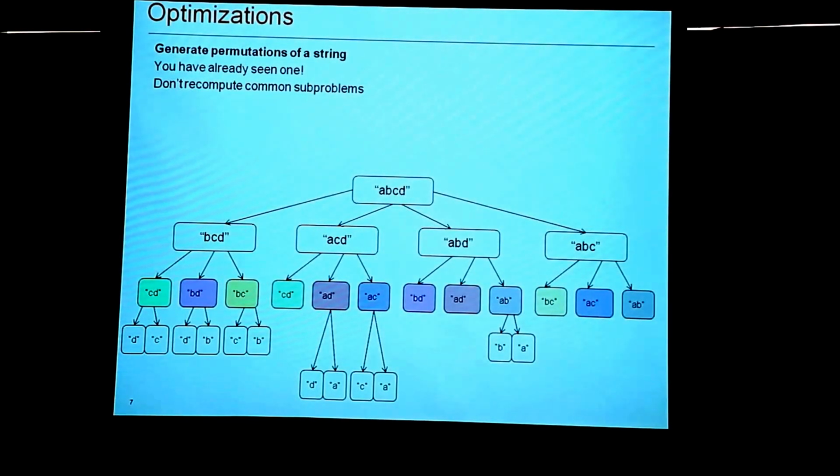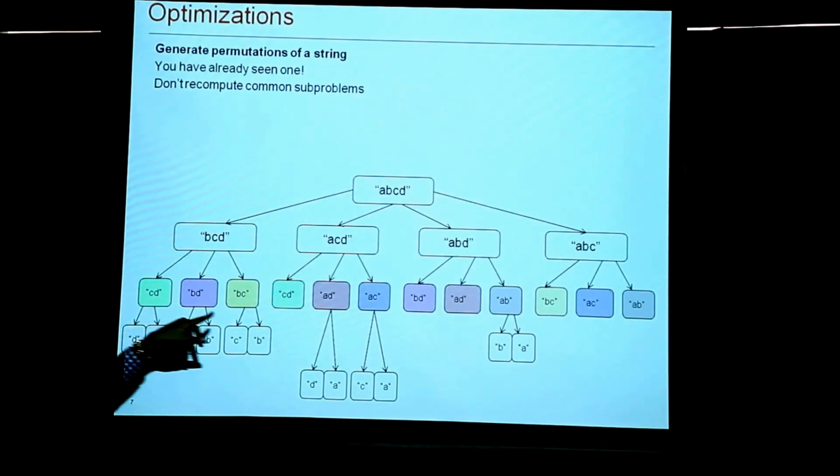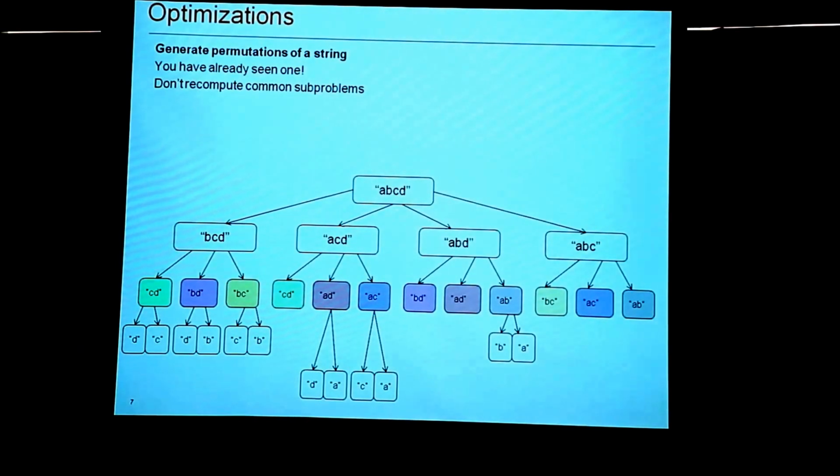Okay, so there is one possible idea, one possible stream where you want to optimize the number of recursive calls, right? So as you can see here, there are a lot of problems which are common. So for example here, when you try to compute the permutations of ABCD, it calls for BCD and there it goes to CD, whereas the same subproblem is being called here. Right? So one optimization which is very common in algorithms is how to use the common subproblems and use the solution of one common subproblem to optimize the call of the other subproblem. Right? So the solution is don't recompute common subproblems.